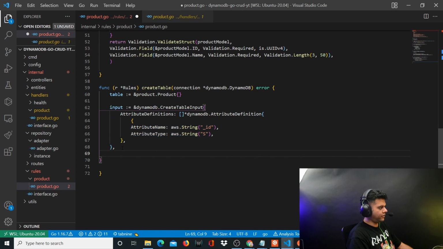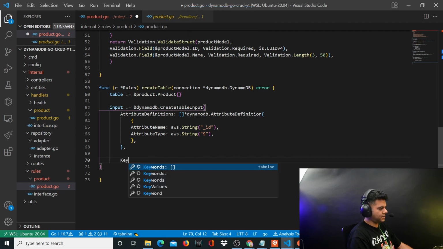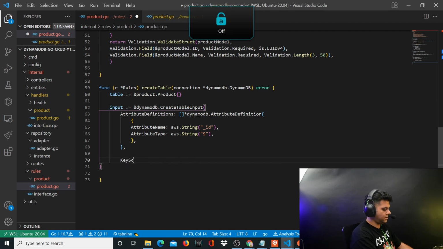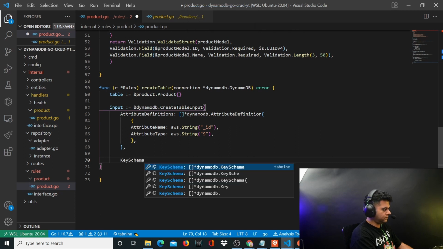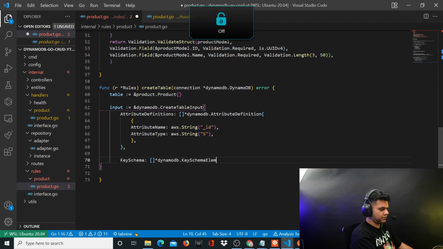Now at the same level of the attribute definition, you want to have something called the key schema. And mind you, they're all inside this create table input bracket. So you'll say key schema. Again, you'll refer the same slice, which will have pointers to DynamoDB.KeySchemaElement. And here again, you'll create those two brackets, put a comma here,